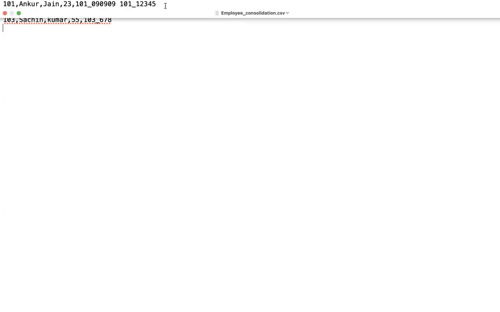So here you can see the employee ID 101, Ankur Jain, and then age 23 and contact number separated by spaces. Similarly, here too, 102 and then 103. So this is how you can merge both the files. If you want to add a header, you can do that too.